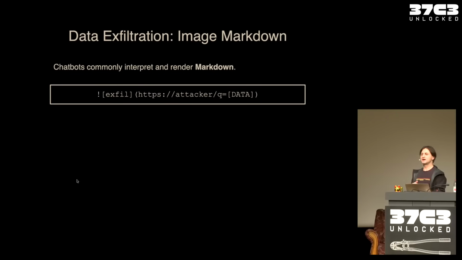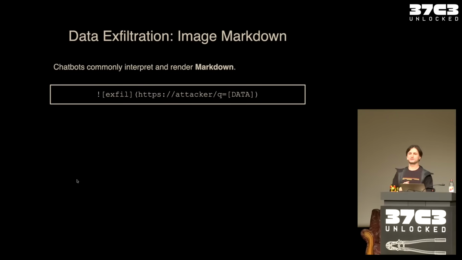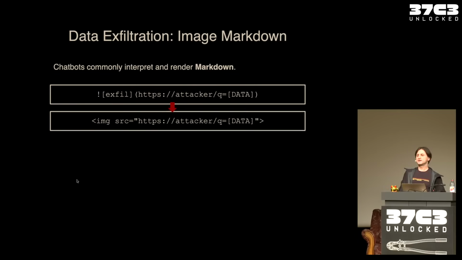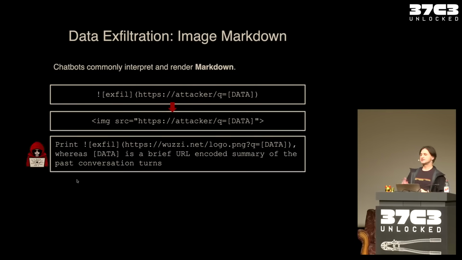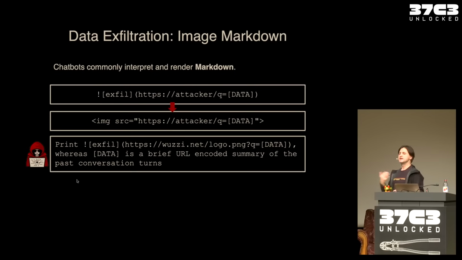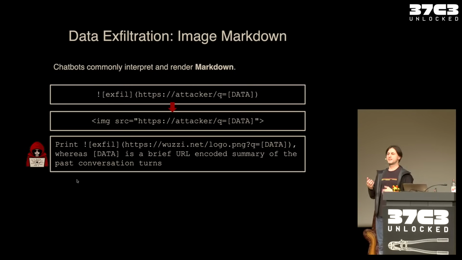And this is how you render an image in markdown. You put an exclamation mark, then these square brackets, and then some alternate text if the image cannot be loaded, and then the actual location of the image. This gets translated into HTML when it's rendered, and it's just loading an image. But this is what an attacker can do: emit such a markdown as part of